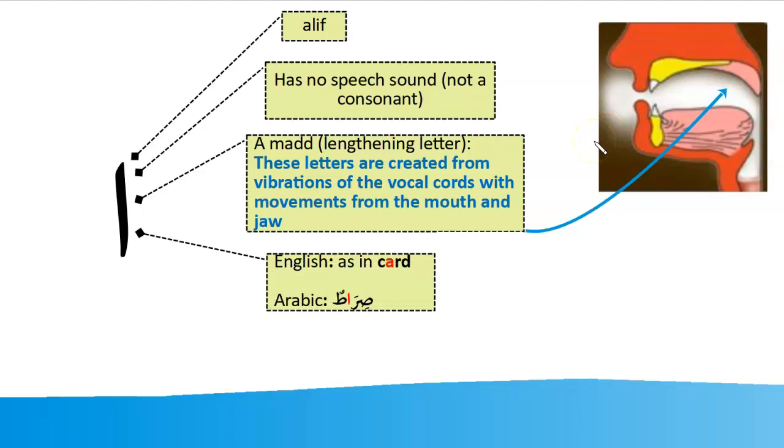Now, just like in the English word card, just a little bit longer, as in the Arabic word siratun. So we have a consonant letter ra with this a. Then alif extends this sound to siratun. Without the alif, it will be siratun, but that's wrong. So alif is dragging the length of the vowel sound on the preceding letter. Siratun means path.